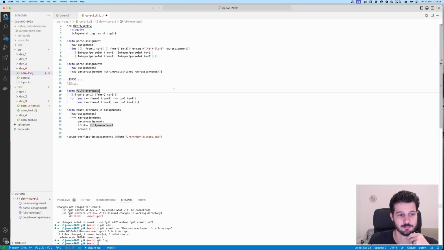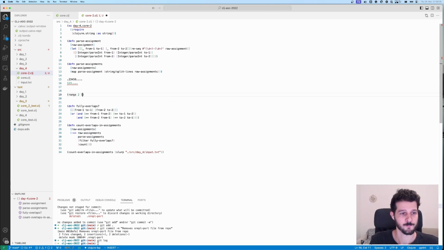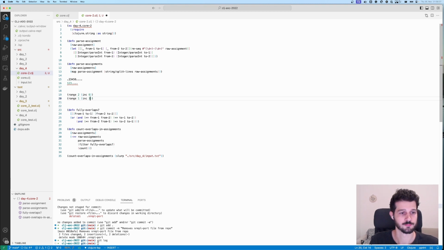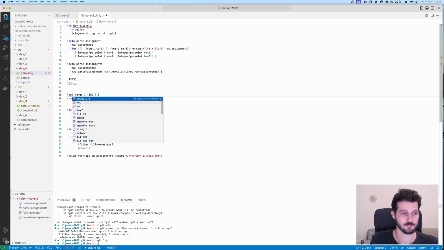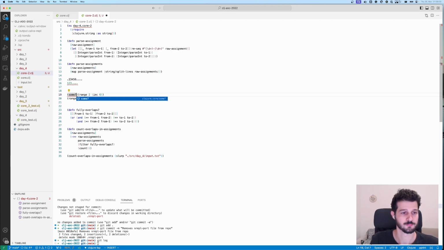I actually have an idea. I don't know if that is better or worse than the checks like this, but if we do a range, then do a range here to here, and then we just say any, no. Or is it some